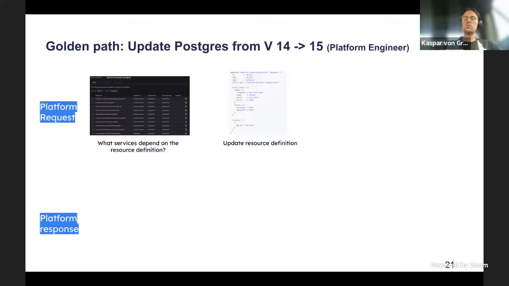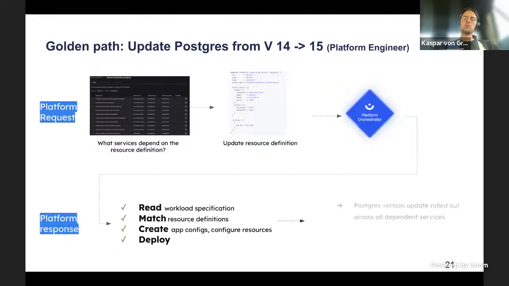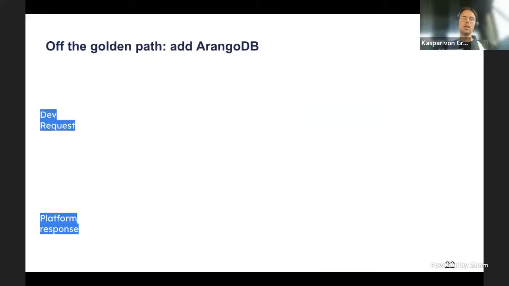You just update the resource definition, you enforce a rollout throughout all dependent services, and then you have that done, and it should not be more than 5 minutes. Cool. And then we have one example going off the golden path. So what happens if you do something that the orchestrator doesn't know about, and that shouldn't be a frustrating experience